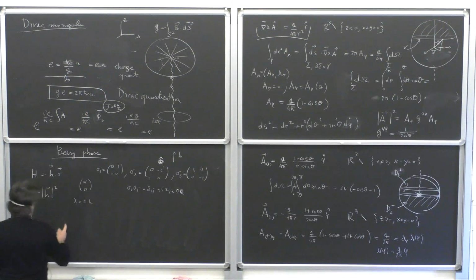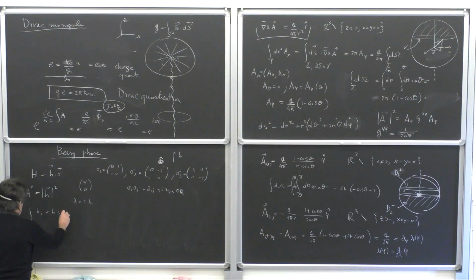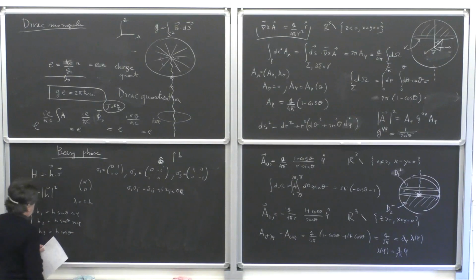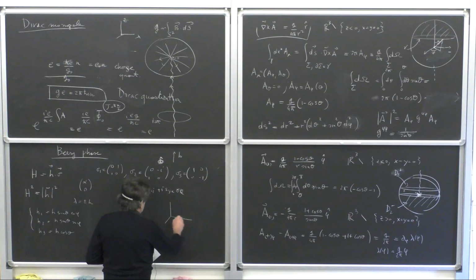And use the polar angles to describe the direction, okay? So you have h1 is h sin theta cos phi, h2 is h sin theta sin phi, and h3 is h cos theta. Okay? So we have a parameter space which is again a sphere. So h is pointing in a direction which is characterized by the polar angles,